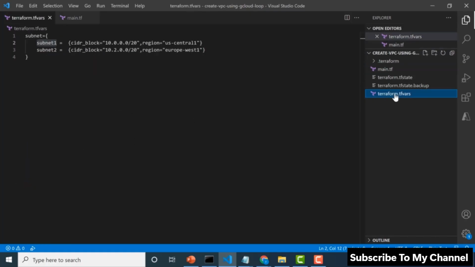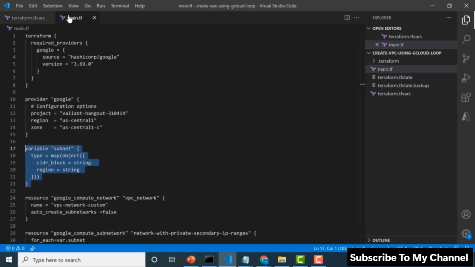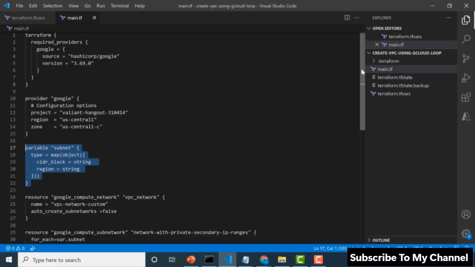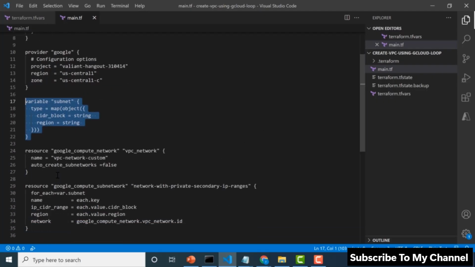So if you go to the terraform.tfvars file, you can see that I have two objects. The first object is named subnet 1 and the second object is named subnet 2. So this is the key, and the value for subnet 1 is a CIDR block which has an IP range and then a region as well, and similarly for subnet 2. So the first thing again is you need to declare a variable and assign it values. And after you've done that, the next thing you need to do is, like previously,